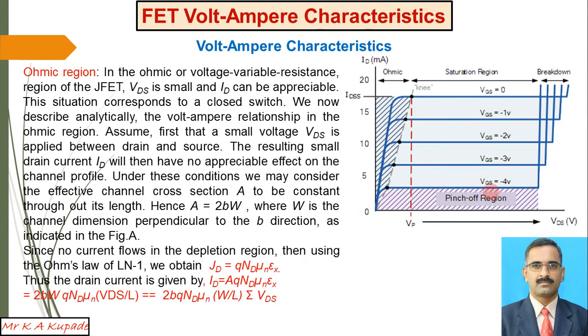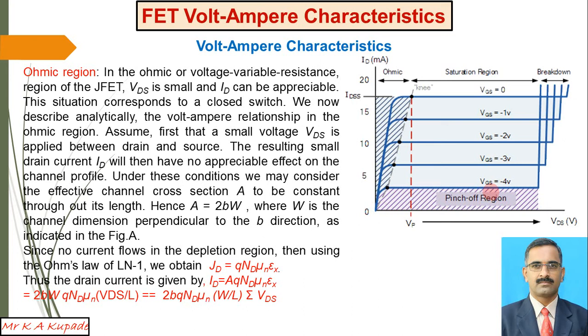Now by considering that point, we will see the relation of this particular FET. Suppose we are considering the ohmic region, where the voltage and current relation is considered, and due to that applied voltage, that means by the VDS, how the current is increasing linearly.